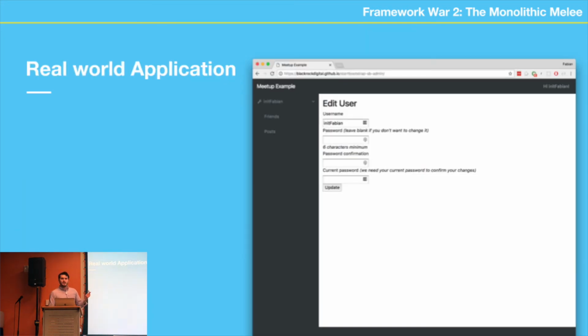So let's do a real-world application, right? Let's just disregard the names. Okay, Ember, Backbone, and Angular. When I say monolithic frameworks, what I mean is that these are all-in-one solutions for you. React's very good about that: if you want to use jQuery with React, it can work. It can work in Angular. It can work with just regular plain vanilla JavaScript.